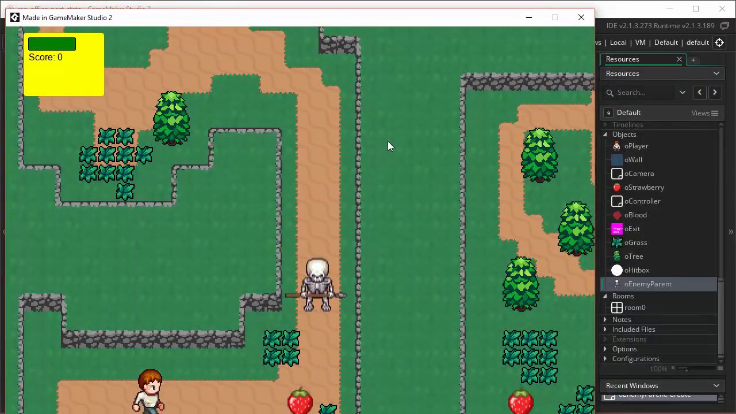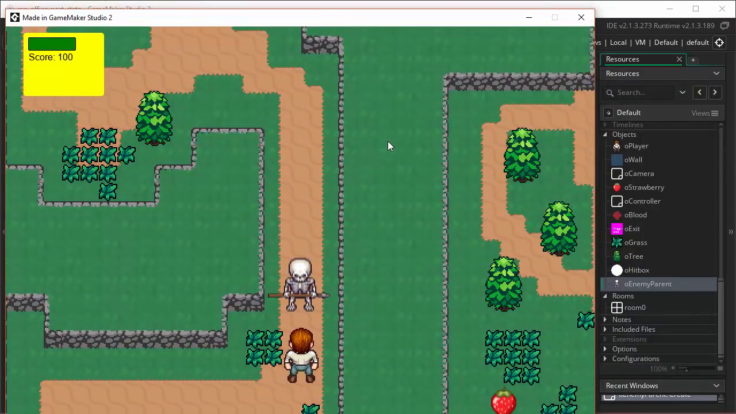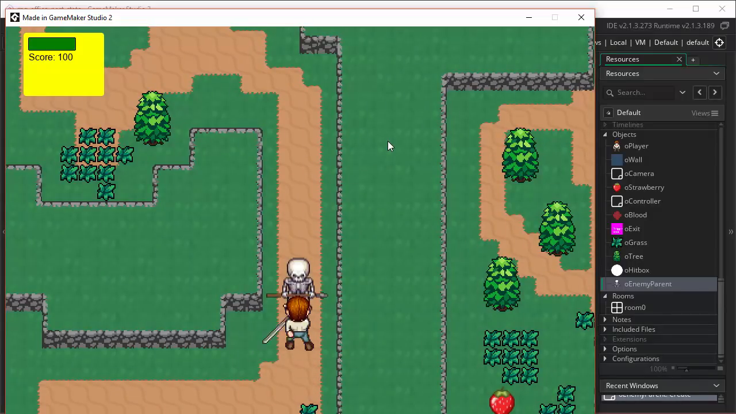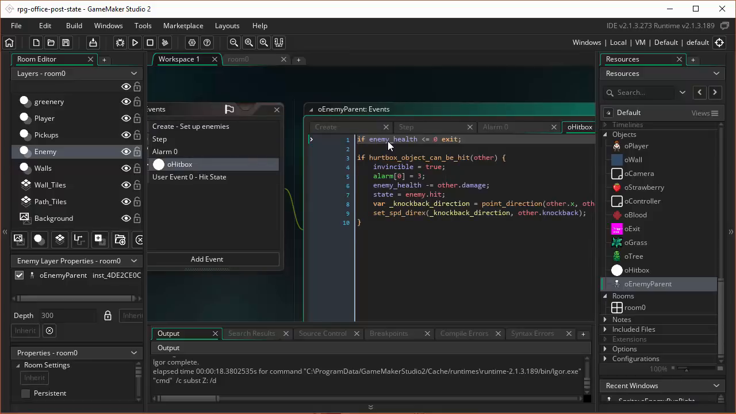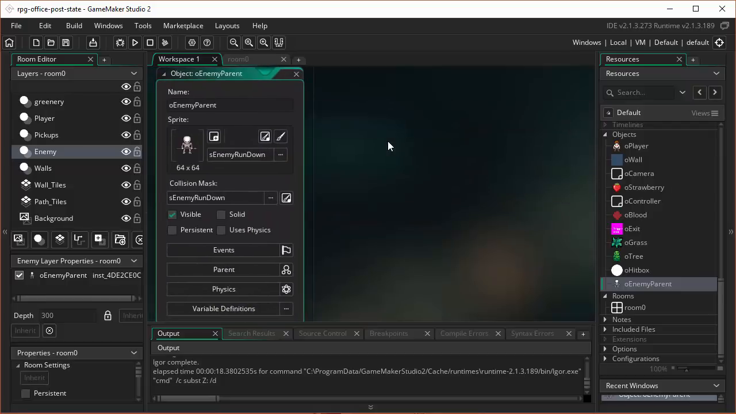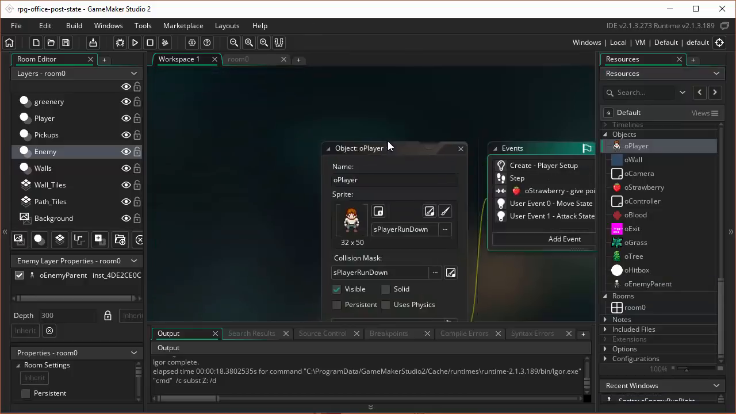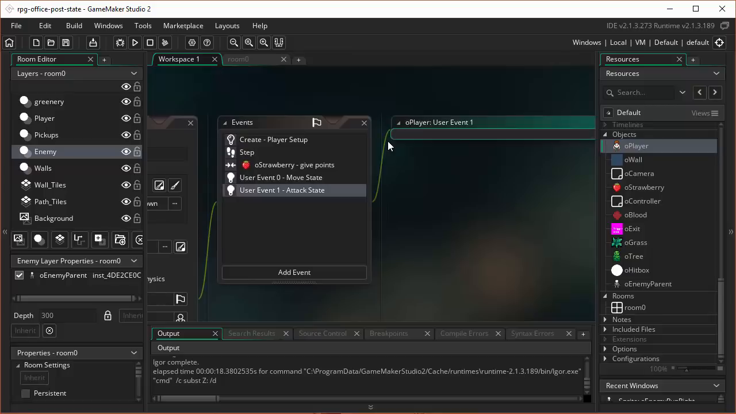So now we come in here. If I come up to my enemy, he's just standing there. He's not in a state at the moment. And if I swing at him, nothing happens, even though I set all of that stuff up. Why is that? It's like a mini quiz moment. Well, one of the things we're doing is we are checking to see this. If hurtbox object can be hit other, meaning this enemy. Okay? So what we need to do is go back to our player and into our attack state